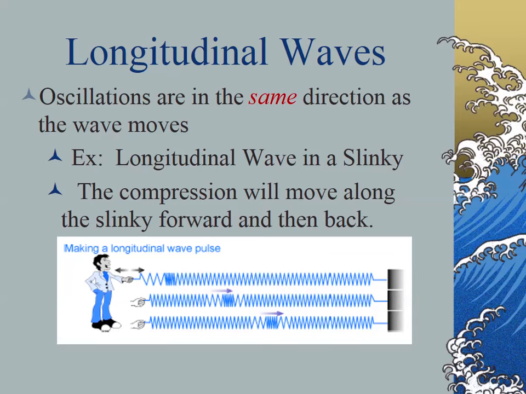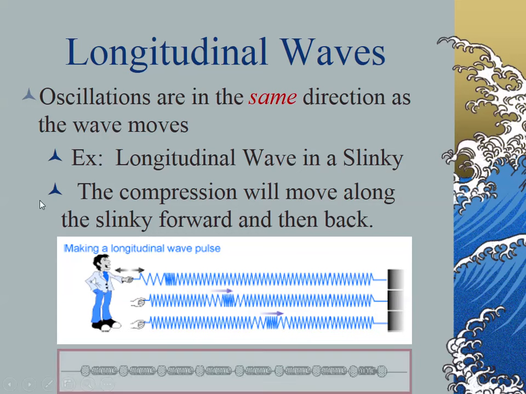Longitudinal waves. For longitudinal waves, the oscillation is now in the same direction as the wave moves. A good example here is the slinky. When you pull it in, compress it, and then release it, it creates a compression and what we're going to call a rarefaction as it travels down. The slinky actually bounces back and forth as it travels down. We just see it go bump, bump, bump. The energy's traveling like this down the slinky. That's what we're looking for.